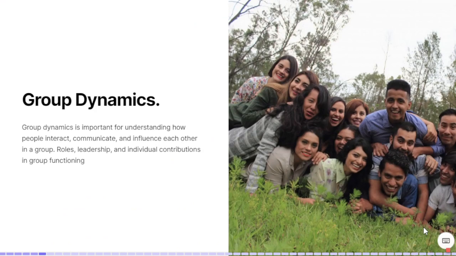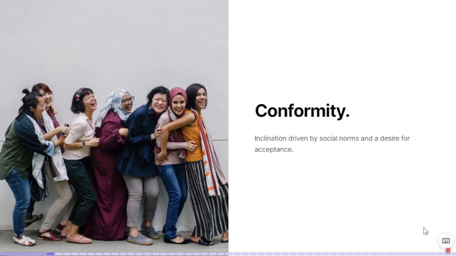For group dynamics, we have to understand it because it is essential for comprehending the patterns of interaction, how we communicate, and our influence within a group. This encompasses roles, leadership, and individual contributions to the collective functioning of a group. So that's group dynamics. For conformity,